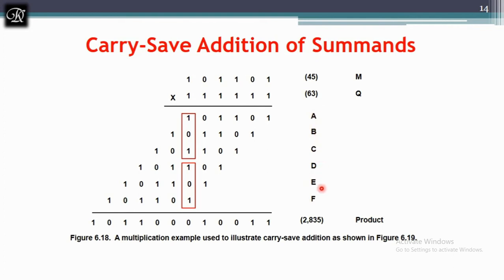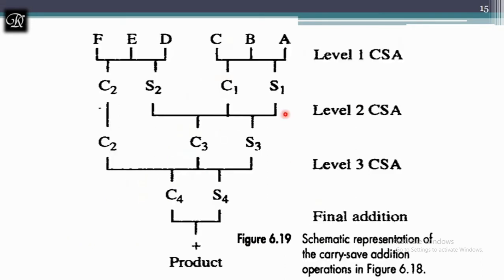Now by naming these A, B, C, D, E, F, I will group A, B, C and D, E, F. As per the rule, it says group 3 partial products and find the sub sum and sub carry. This is what the algorithm says. Take partial products, group them and find the sum and carry vector. Then again take these three as a group and find the sum and carry. Now I don't have any partial products. Now I have vectors of sum and carry.